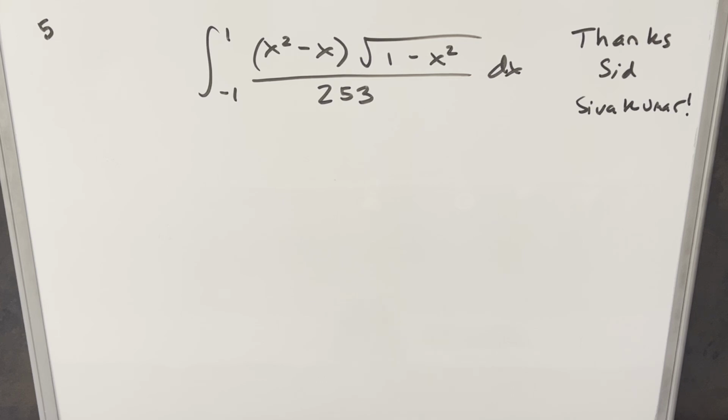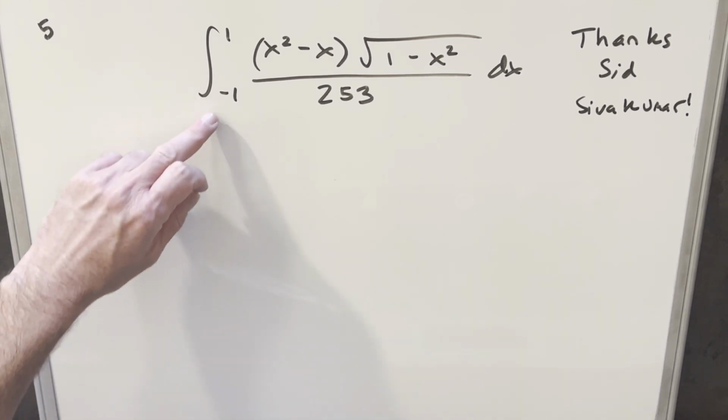Okay, we return to another interesting integral sent to me by Sid. This is problem number 5. We have the integral from -1 to 1 of (x squared minus x) times the square root of (1 minus x squared), over 253, dx. To get started with this, considering that we've got bounds symmetric